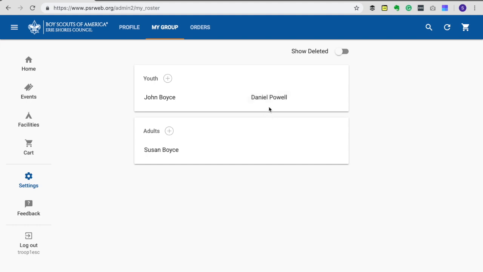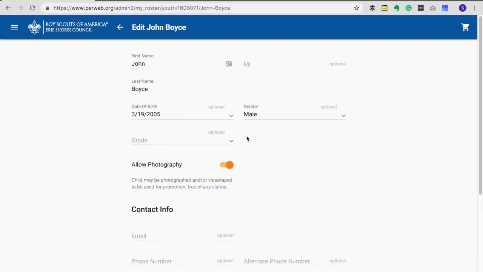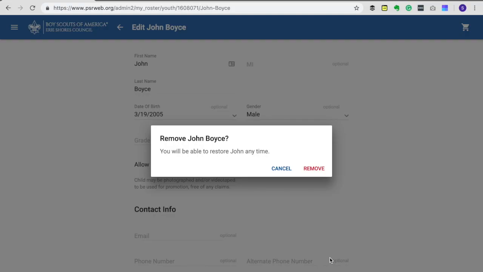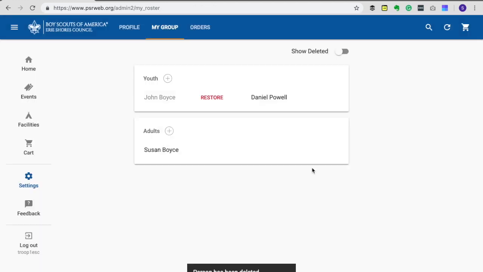If there's any you want to delete, you can click on the actual name, go down to the bottom and hit delete, and it'll say, are you sure you want to? And you hit remove. And as you can see, now it's in gray and there's a little restore button next to it. Now if I were to refresh my browser,